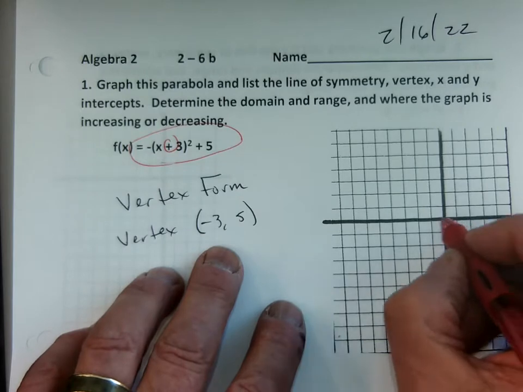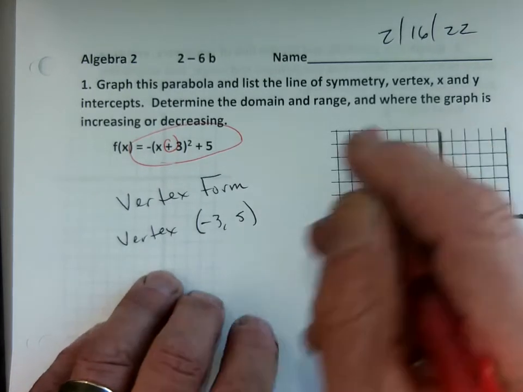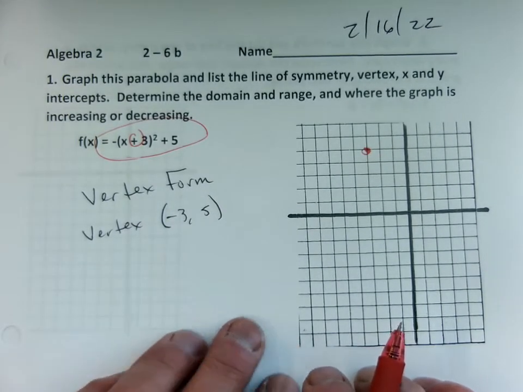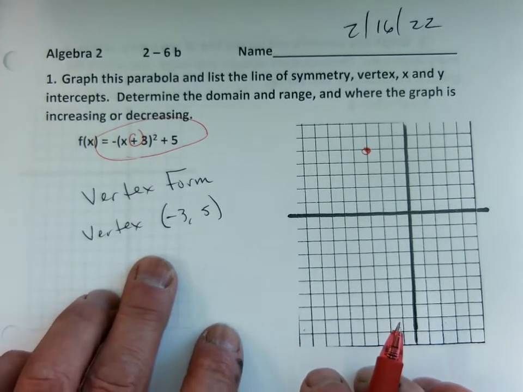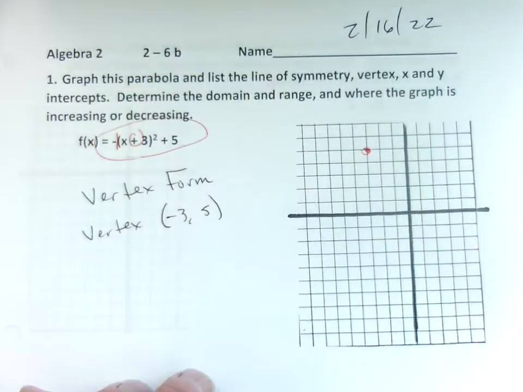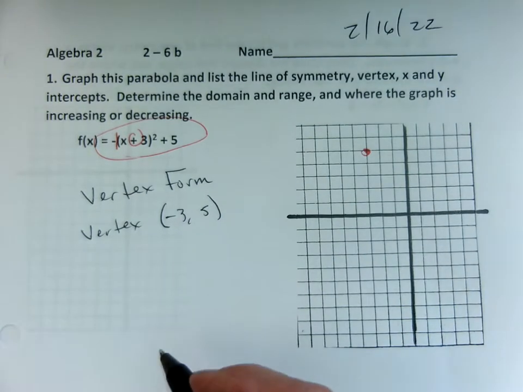My vertex is at -3, 1, 2, 3, 4, 5. Okay, thumbs up on that. Okay, good. Now, it is going to be upside down, because there's an invisible 1 here. I can do my 1, 1, 2, 4, but what I'd rather do is find first the